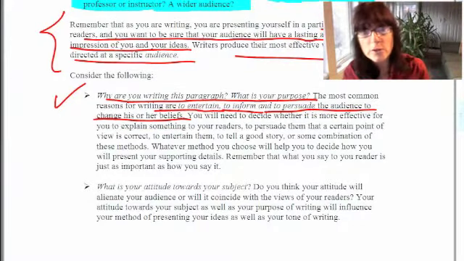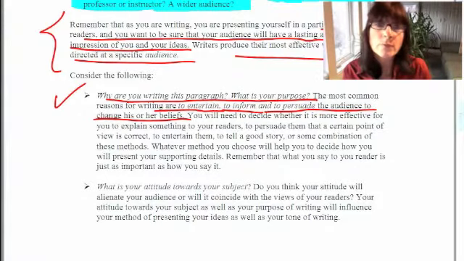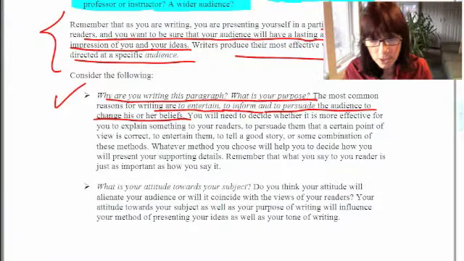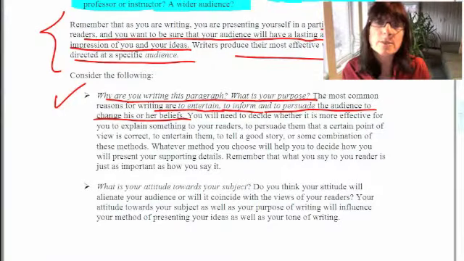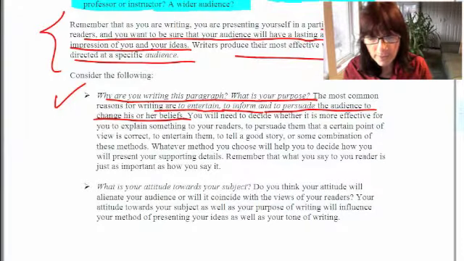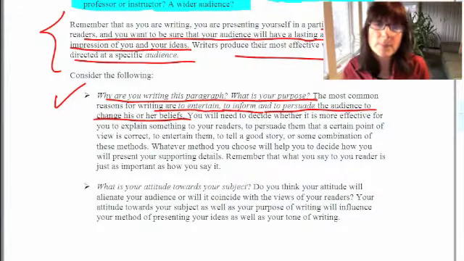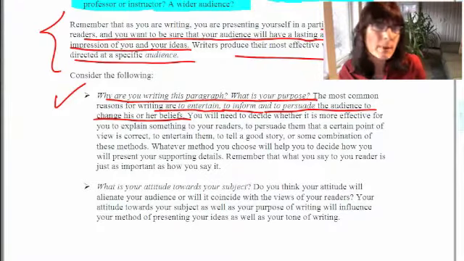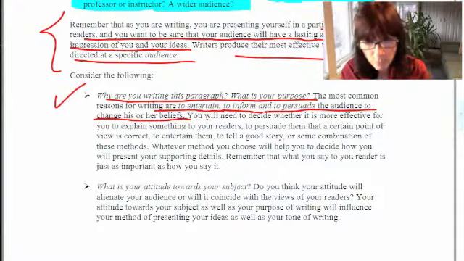So let's say you're a vegetarian and you're writing for an audience who probably would be a meat-eating audience. You would perhaps want to persuade by including very significant, well-written facts so that perhaps somebody would be willing to sway or maybe even try a vegetarian diet for a while.